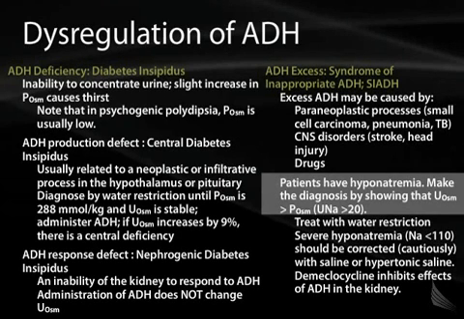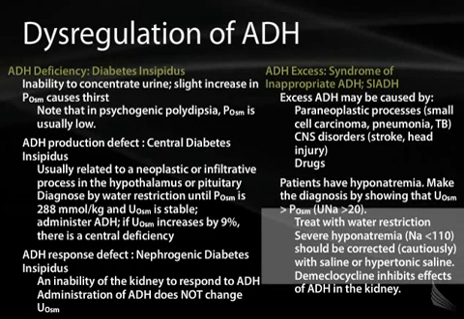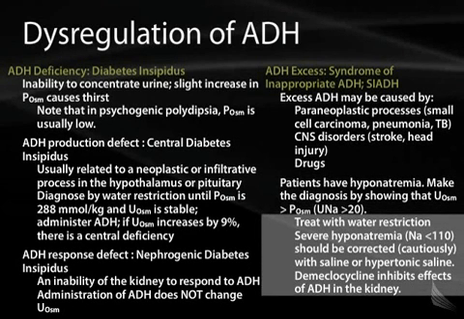And the reason for this is because, again, if you think about too much ADH, it's helping retain all of this excess water, and therefore free water is being retained, diluting the plasma more so than the urine, and hence the urine osm is actually more concentrated than the plasma osm. In this particular case, the treatment would simply be to water restrict, which is the most common and the most effective treatment. And in more severe cases, and when that's not working,